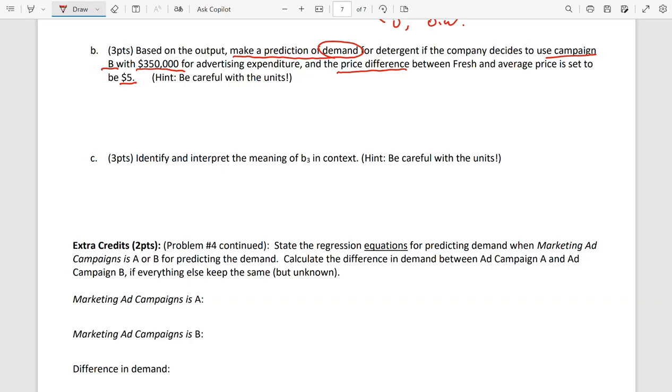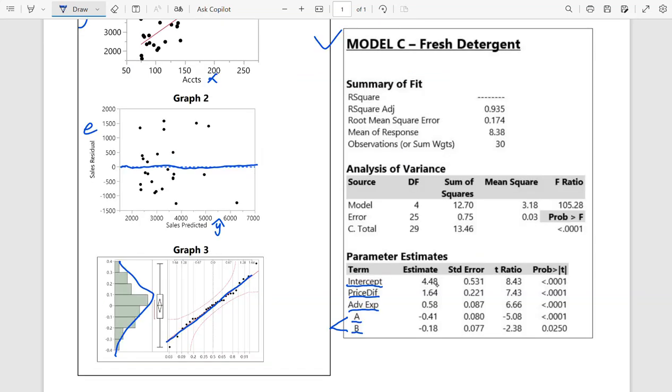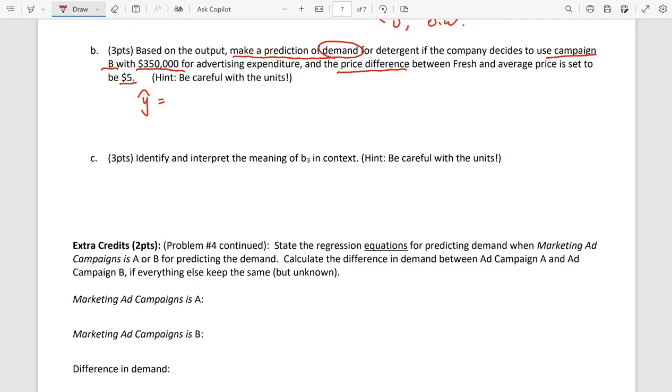What is your first step? Of course, you want to state your prediction equation so that you can plug in the values, right? So for the prediction equation, we need to look at the output and then use these coefficients to write the equation out, right? So that means y hat, which is the demand, equals 4.48 plus 1.64 times the price difference